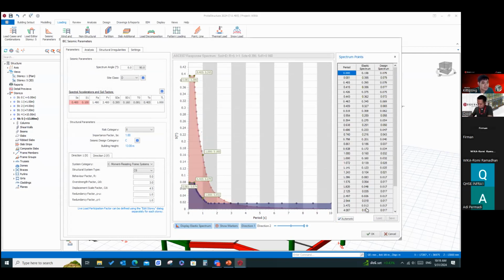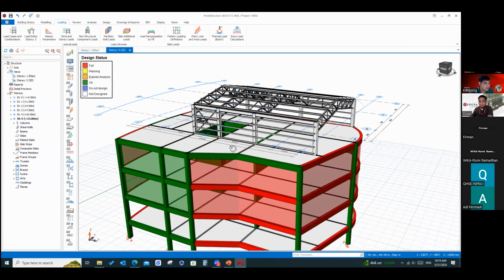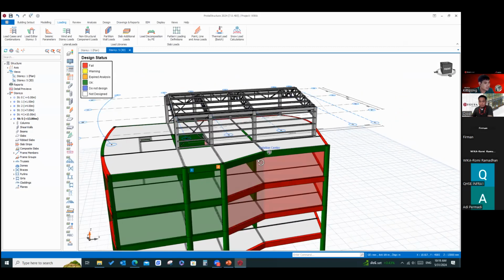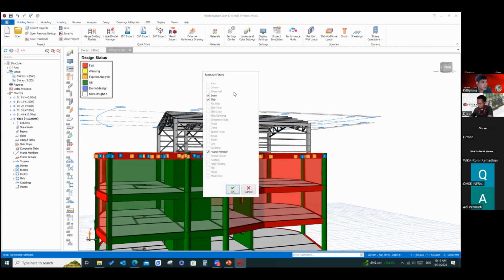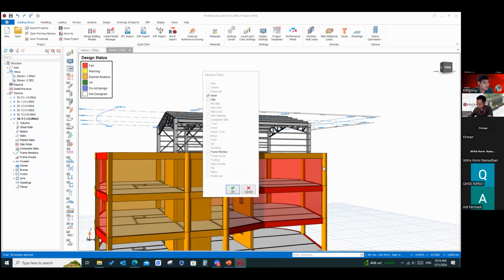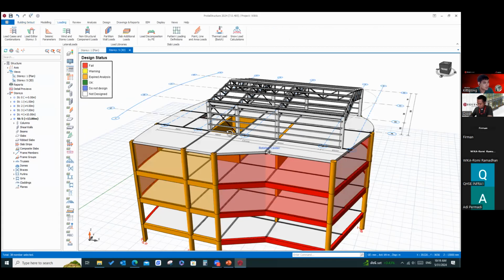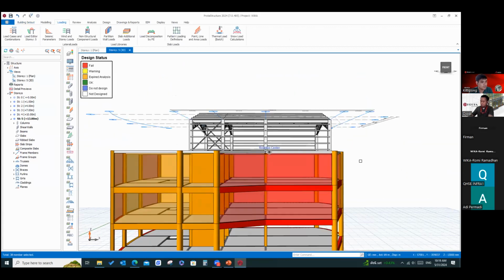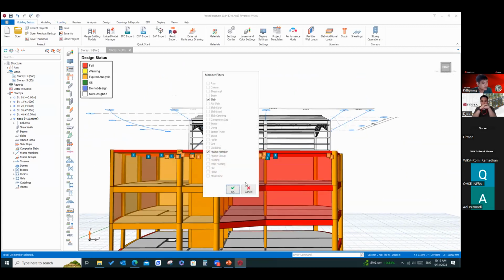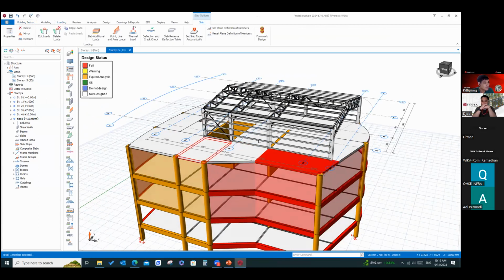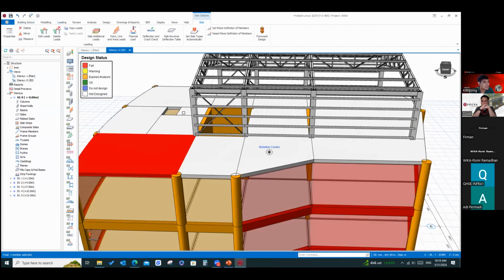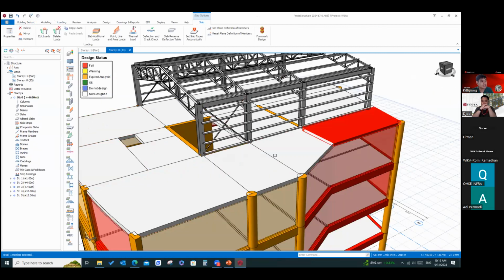And the last question, can it model a drop panel or flat slab? Yes. Let's see. If I delete all the steel beams like this, it returns to the flat slab when we do analysis.